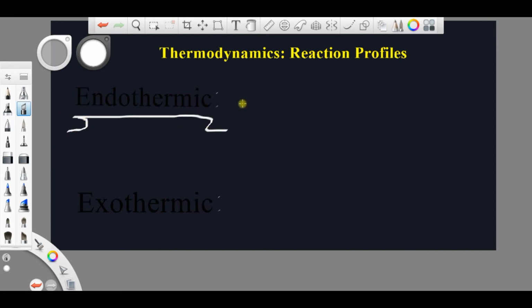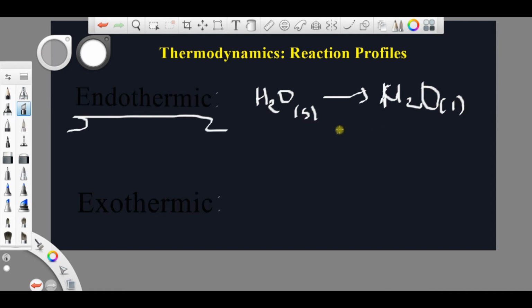So the very common example is the melting of ice. So suppose that H2O in the solid form turns into H2O of liquid form. So actual melting of ice is also an endothermic reaction. So when we discuss exothermic reactions, we can consider some reactions that we discovered at the